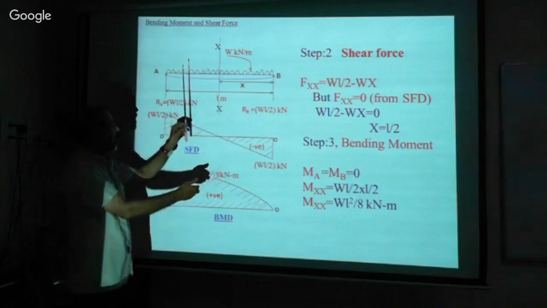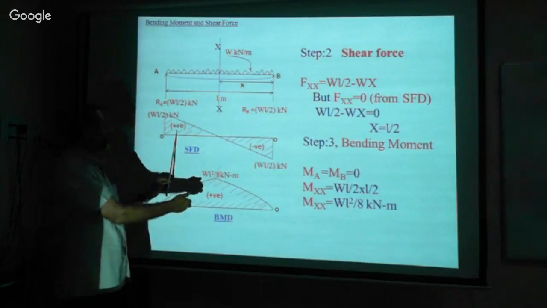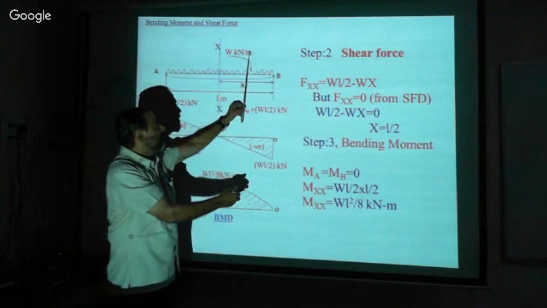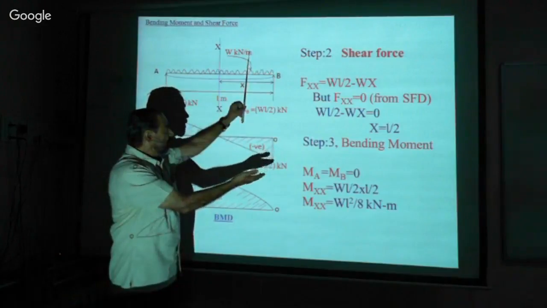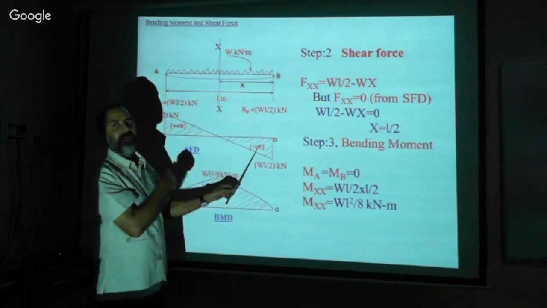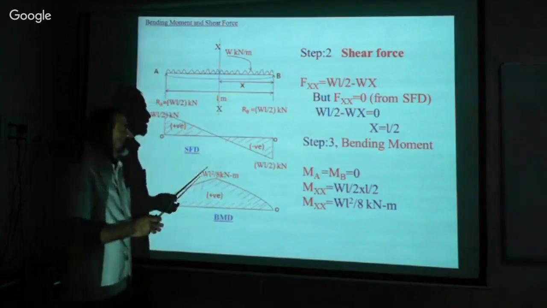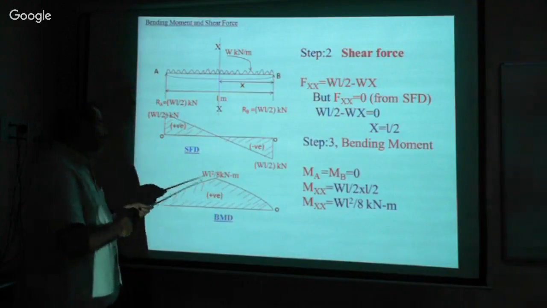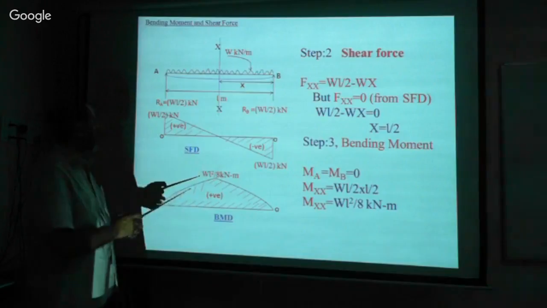Therefore, it is positive shear force. If you consider this section, right side is upward, left side is negative. Therefore, it is negative according to our convention. And similarly, to calculate the bending moment and to draw the bending